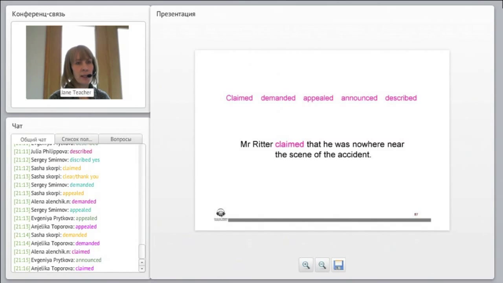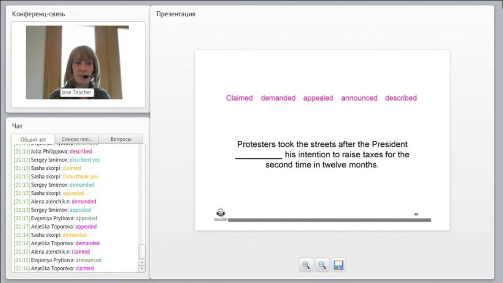Claim is the idea that you haven't proven it yet. You haven't proven it yet, but this is what you say happened. I claim this happened, and then you have to go about proving it. So some people could believe it's false, some people true. Announce is more neutral. You just announce something. It's just giving information when you announce something. It's just relaying information. But claim is to say something that we don't know if it's true or false, but you're trying to say it's true. You're claiming that something happened. So it demands a bit more proof, where announce is more neutral. Hopefully that clears up that difference.